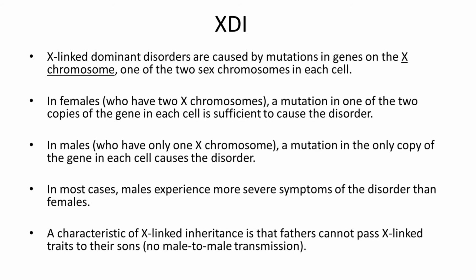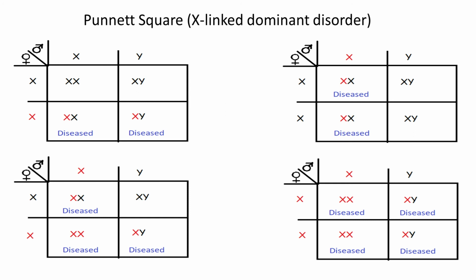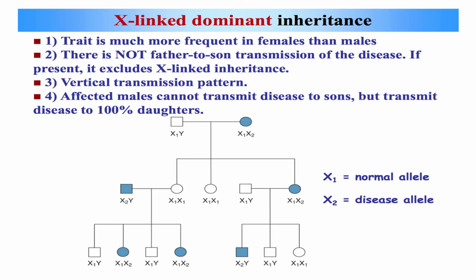A characteristic of X-linked inheritance is that fathers cannot pass X-linked traits to their sons. That means no male-to-male transmission is there. This is the Punnett square of X-linked dominant disorder. Study it carefully. And here we can see that affected males cannot transmit disease to sons but transmit disease 100% to their